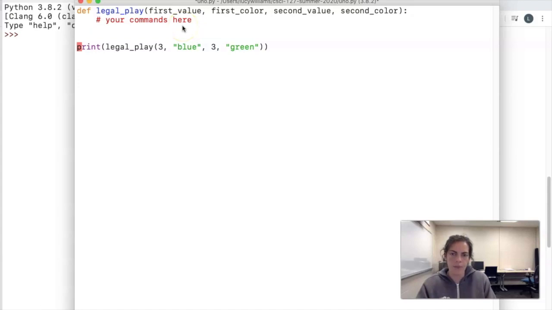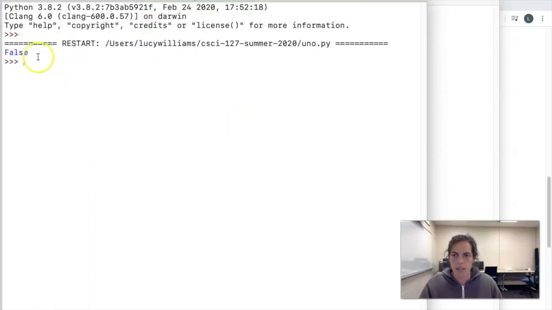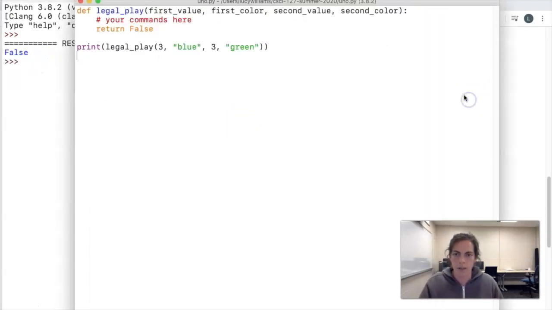So even though in the end I want my function to tell me whether or not the input is a legal play, for now I'm just going to have this return false so that I have something running, and every time I make a change, I have a working program that runs, and I will get closer to the solution. Now I'm going to run this, and I see that it prints out false,